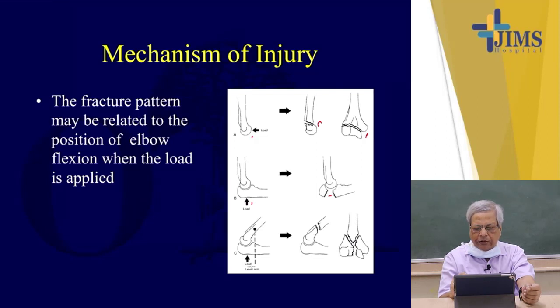This is the olecranon fragment, which is pulled proximally by the triceps. If we fall on the point of the elbow, on a flexed elbow, then there could be a fracture of